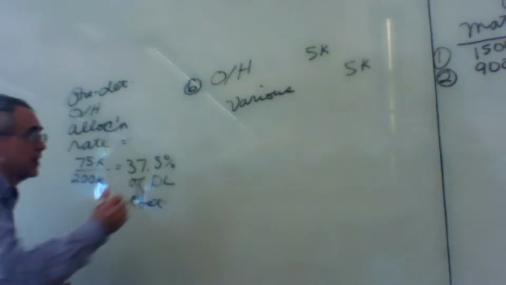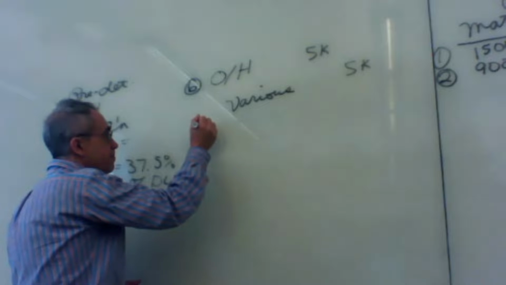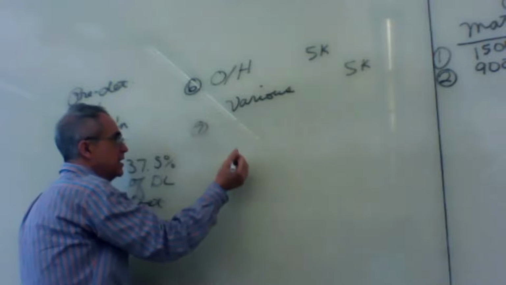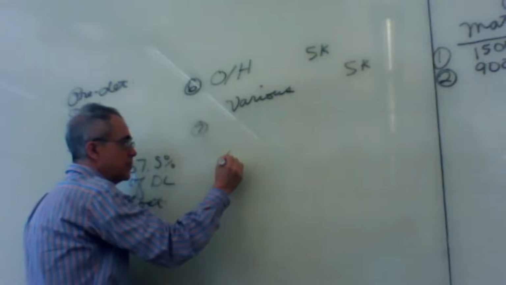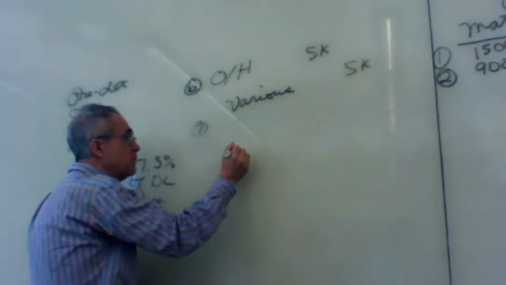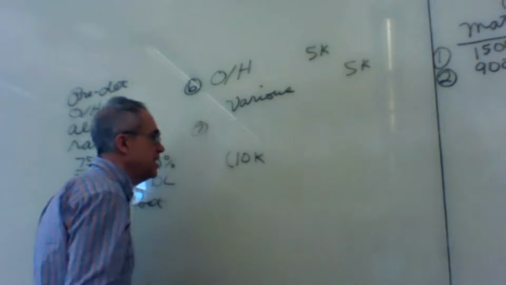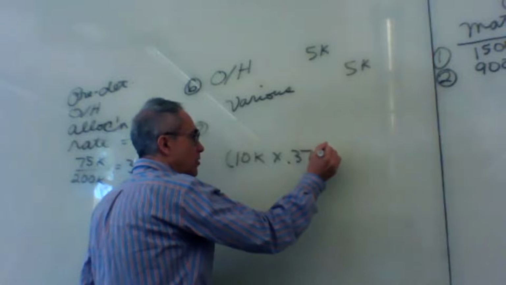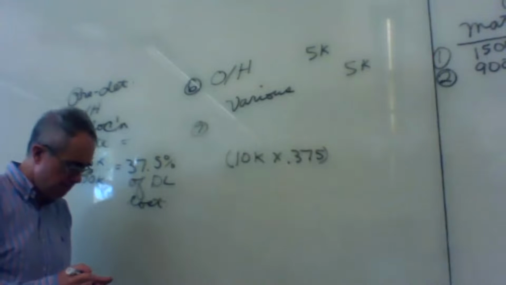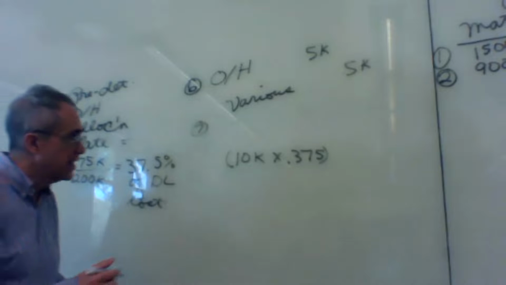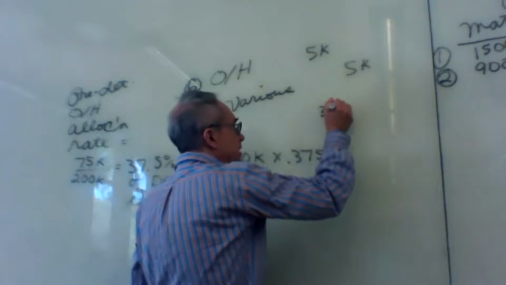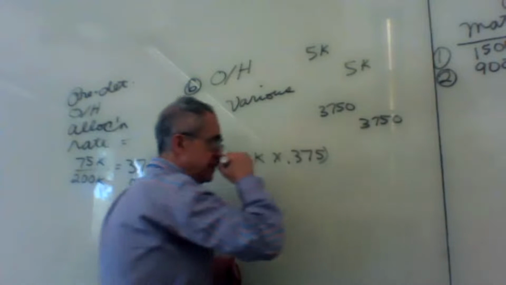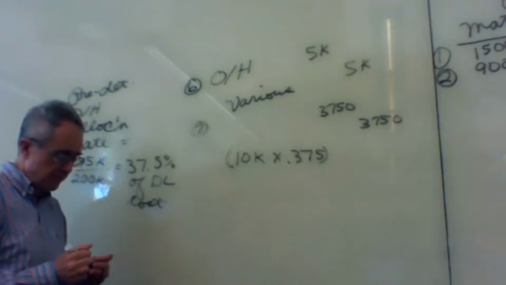So now, as we allocate overhead in journal entry number 7, let me leave 2 blank lines and come down and compute a number. We're going to take the amount of direct labor going into this job, 10,000, and multiply by 0.375, 37.5%, same thing. So that gives us $3,750 of that overhead to allocate. So we debit and credit. The question is,